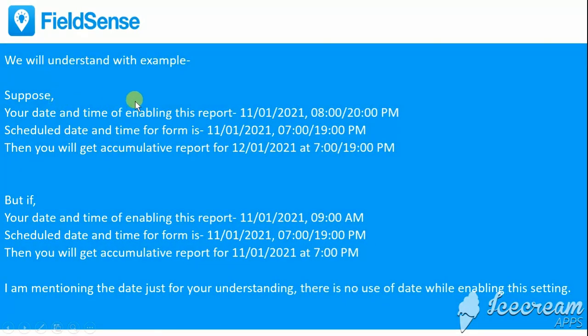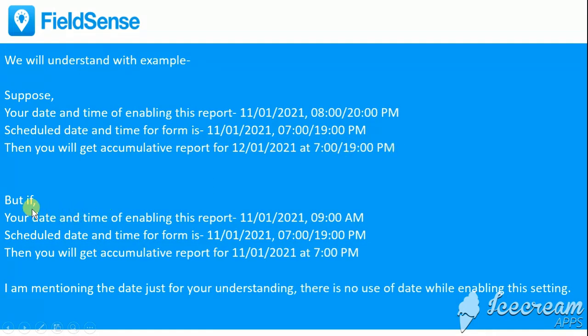Suppose you are enabling this setting on 11th of Jan 2021 in the evening at 8 PM, and the scheduled time for the form is 7 PM in the evening. That means 7 PM has already passed because you are setting this at 8 PM on the same day. So in this case you will start getting the cumulative report from the next day, that is 12th Jan 2021, and for that particular day you will receive the report at 7 PM in the evening.